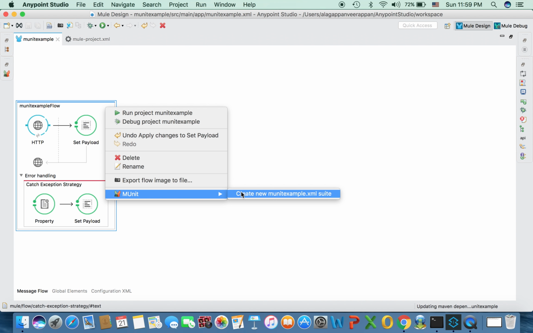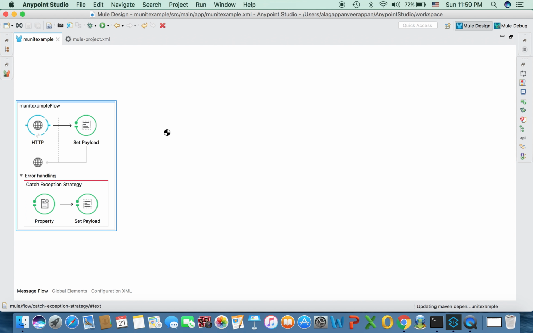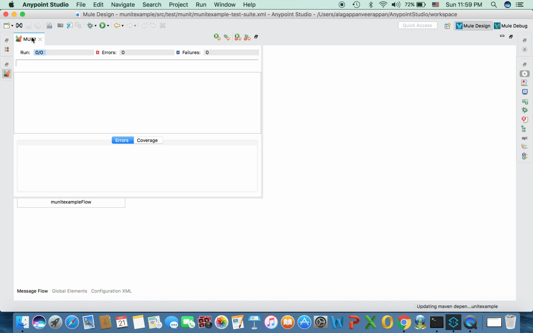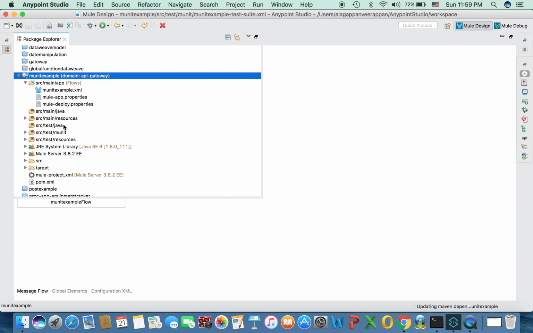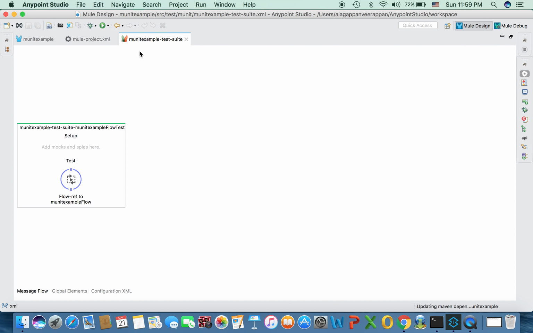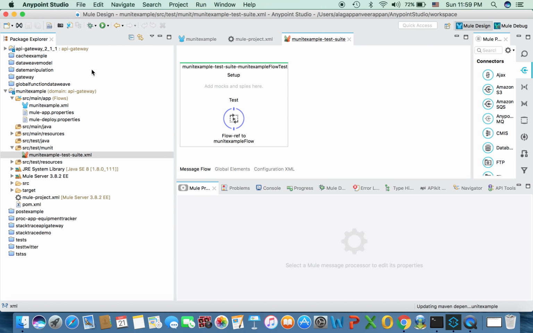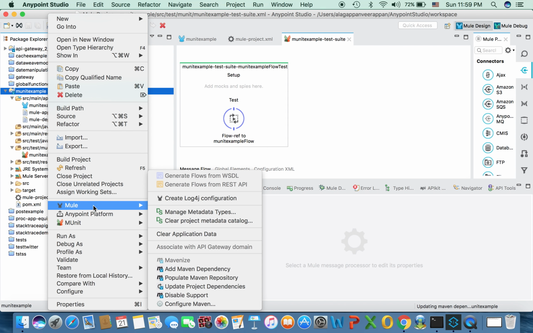So right click MUnit, create MUnit example. So it just created a MUnit suite for me. So as I can see, this is it, yeah. It just gave me a test suite XML. So I'll just populate my